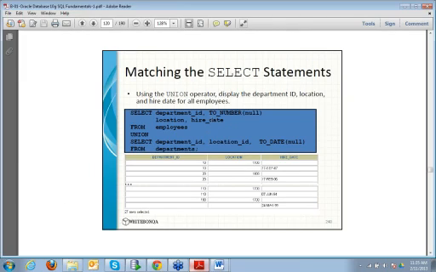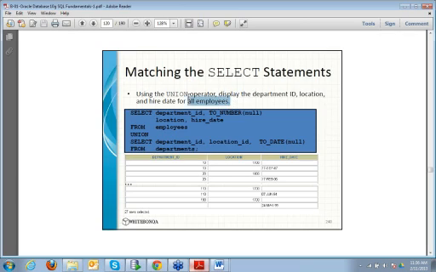So here we are doing it on employees and departments using the union operator: display the department and hire date for all employees. So we need to add, let's say, the location name also. So this operation can be done in two ways. You can use joins as well as set operators.